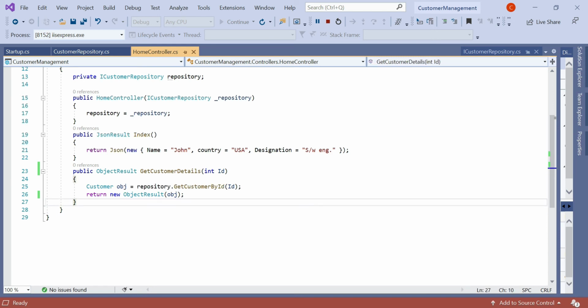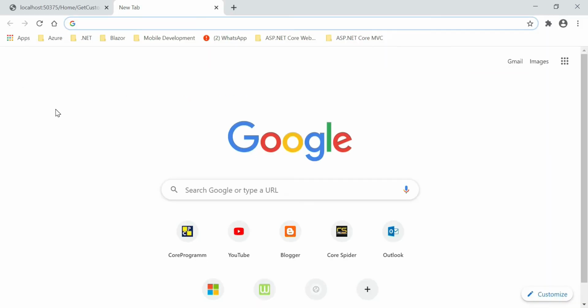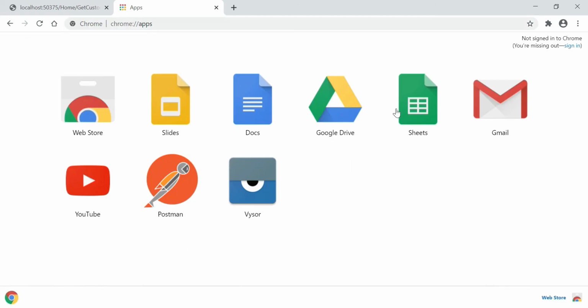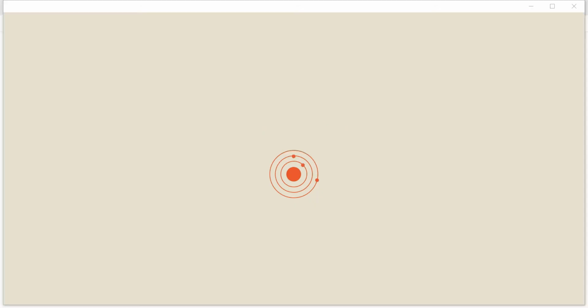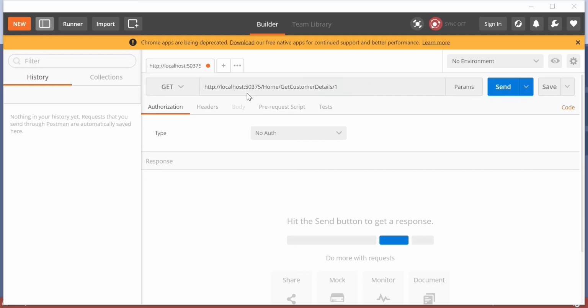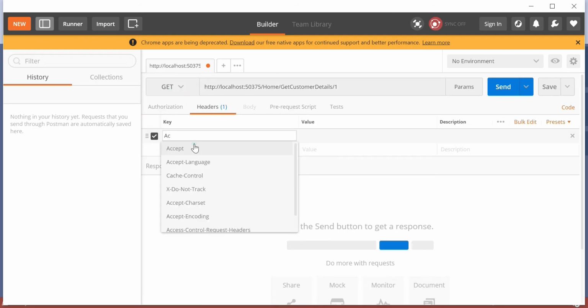So to pass the accept header, we need to check using the Postman tool. So what is Postman? Postman is a tool with which we can check our API response. If you're using Google Chrome, then you can find it in the Chrome store; Postman is free for us to use, and you can also download the exe as well. So let's click Postman, paste the URL, and this is a get method. So the request is also get, and here we need to pass the accept header.